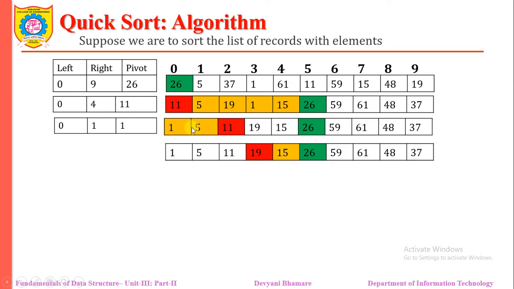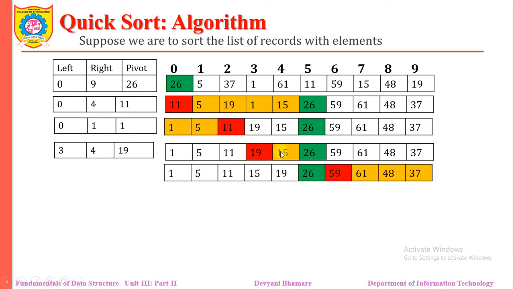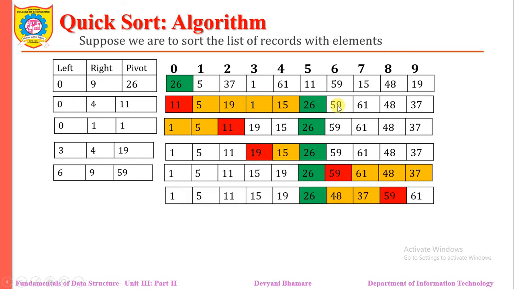Then we move towards the remaining elements. Here left is 3 and right is 4. Again we compare, and 19 is the pivot element, so 19 will be in its proper place. We get only one element over here. After finishing it, we reach our second sub sorted array. So our left is 6 and right is 9 and 59 is the pivot element, which is in its appropriate place, because there are no elements on the right that are less than 59, and 59 will be in its proper place.